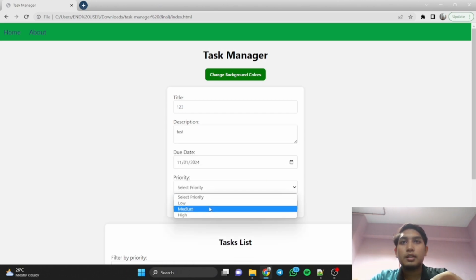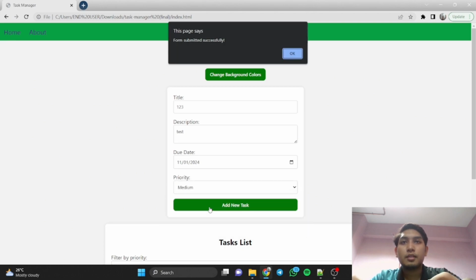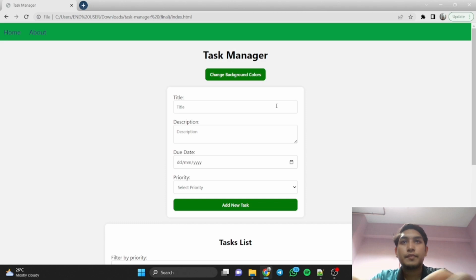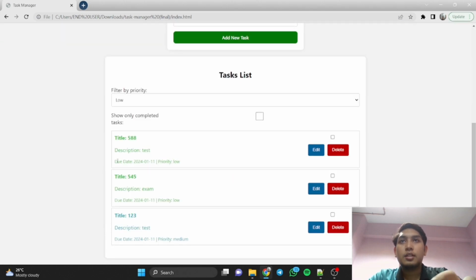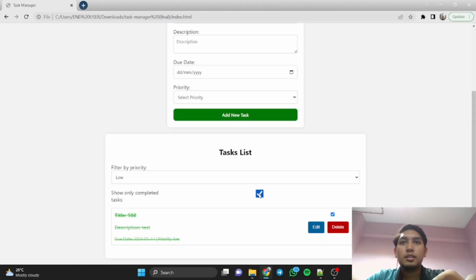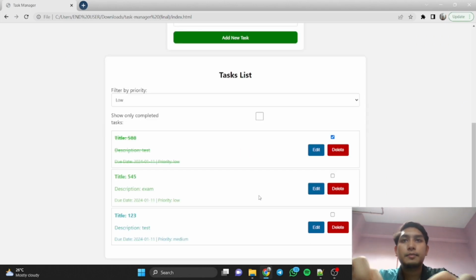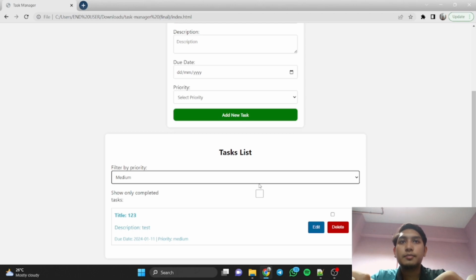Okay, and we select this. Is select for the medium. Add new task. Okay, this is the output for task list. If we tick done and the output, so like this, and we change to the medium. Okay, the output